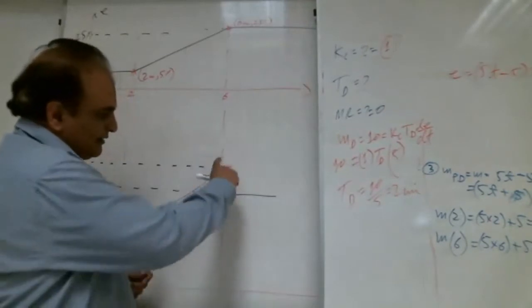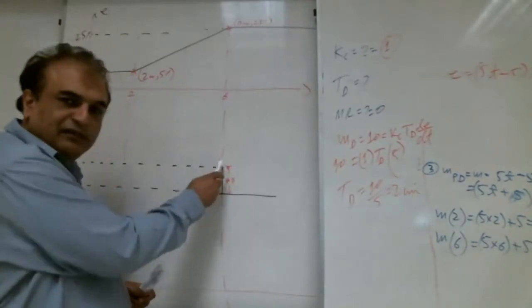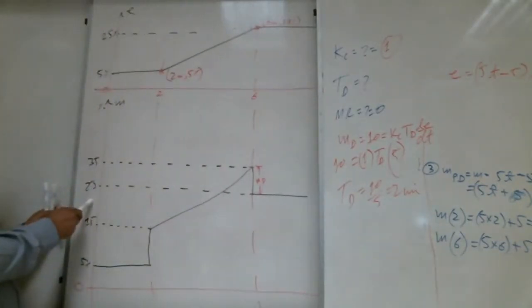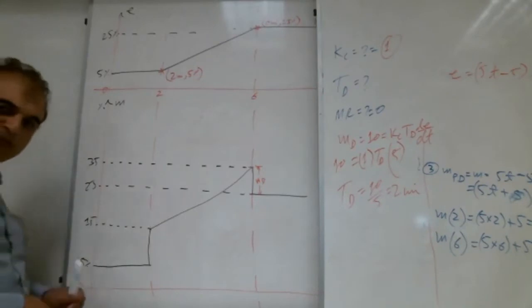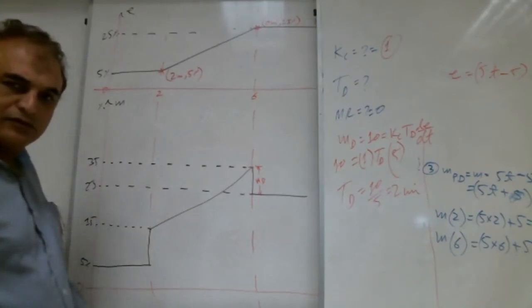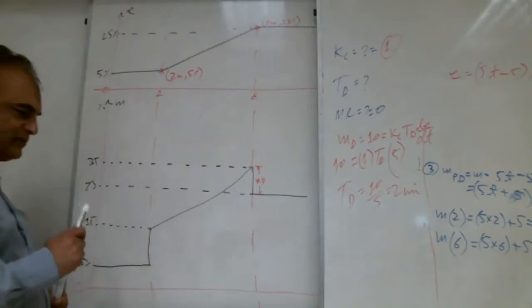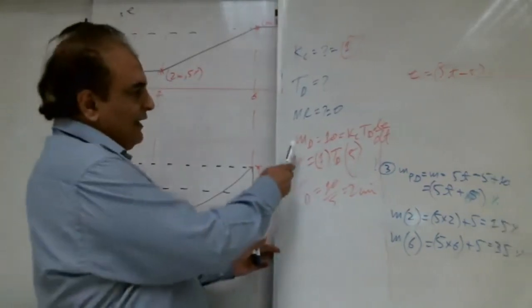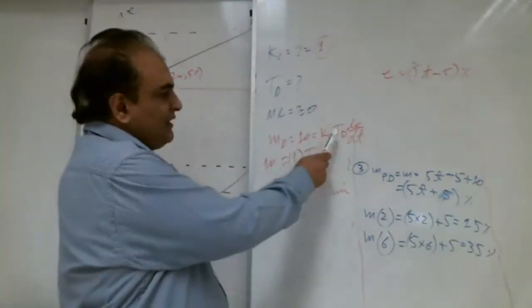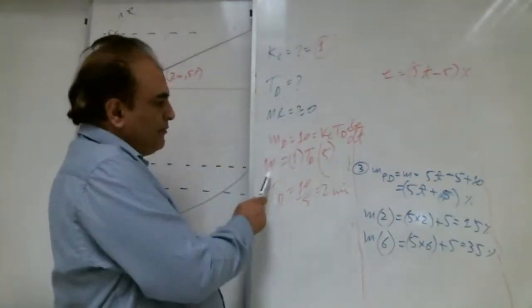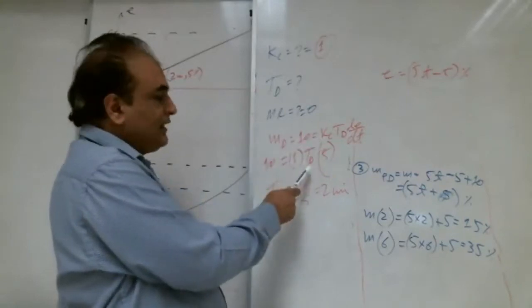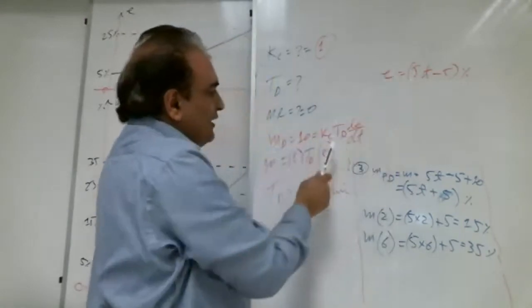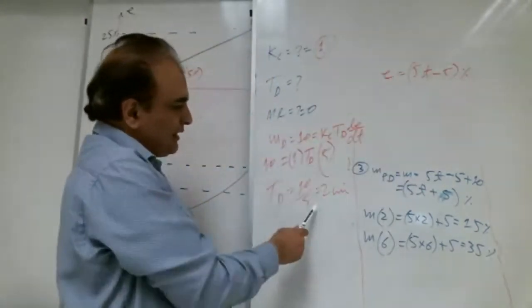So how much is this, Shabab? This is MD. This amount is what? 35 minus 25. Right? Shabab with me? Okay, a lot of brothers are saying yes. So brother, please pay attention. This is 35 minus 25, 10. MD is equal to 10. Kc, Td, de over dt. MD is 10, Kc we know is 1, Td we need to find, and the derivative of error you guys found is 5. So Td becomes 2 minutes.